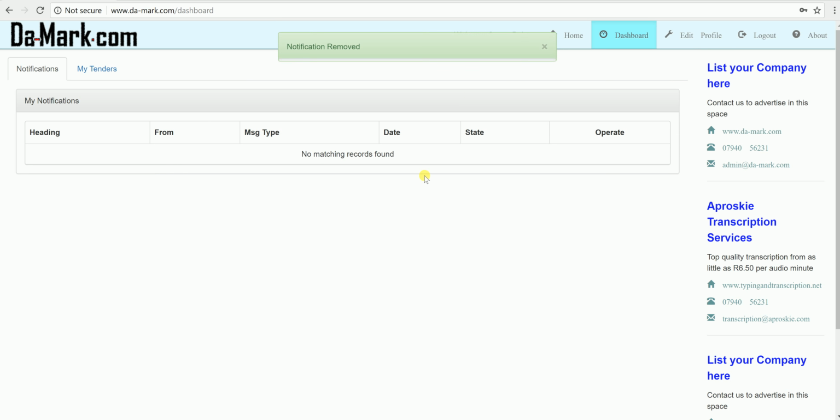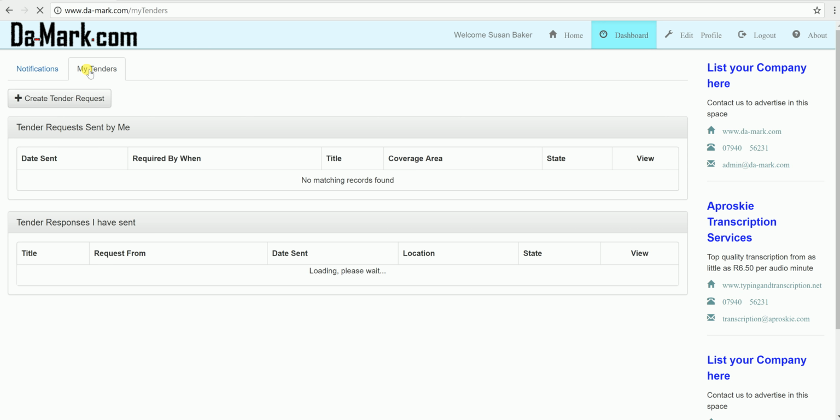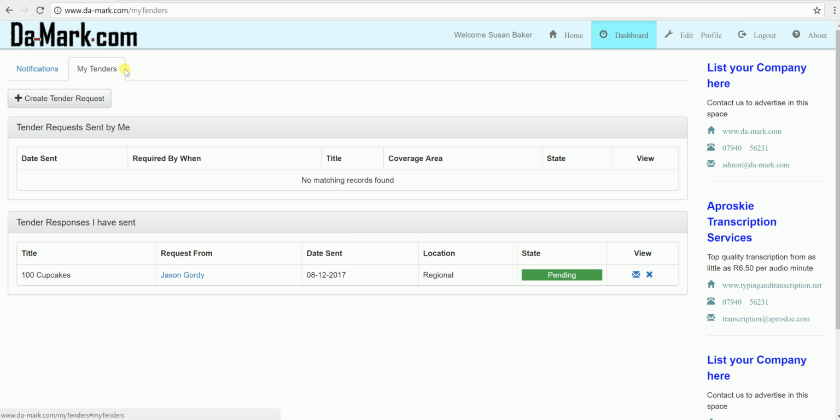And that's been removed. If we go back to my tenders, you can see the two tables there. The top one is for tracking the requests I've sent. Suppliers are able to send tender requests to, and at the bottom is the table for tracking our tender responses. Here you can see our response for the 100 cupcakes sent to Jason Gordy. If you click on the tender response,